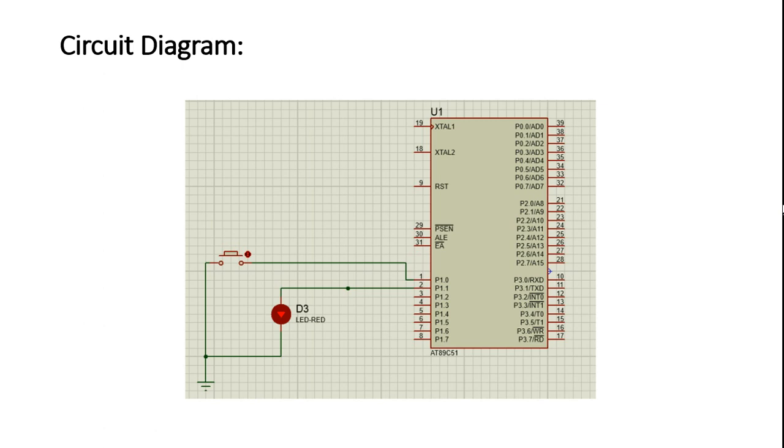But in hardware you will definitely have to power the IC by connecting pin 40 of the IC with VCC and pin 20 of the IC with ground. Similarly, pin 31 will also be connected with VCC, which tells the microcontroller to load data from the internal memory. You will also have to reset your IC before starting, and provide a clock at pins 18-19. So these are some differences between hardware and software.